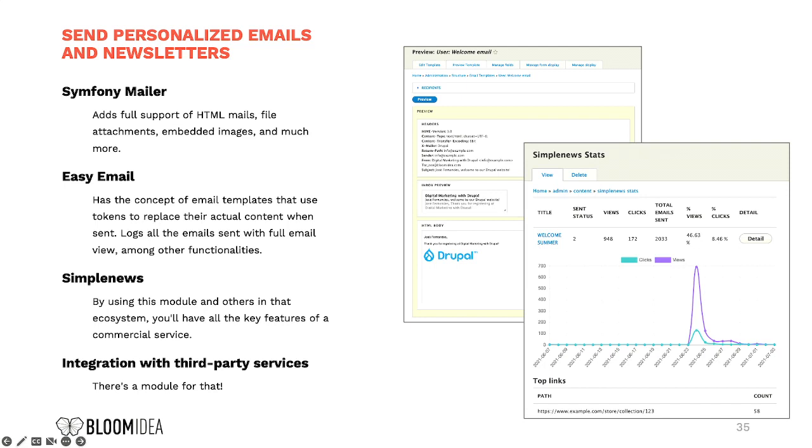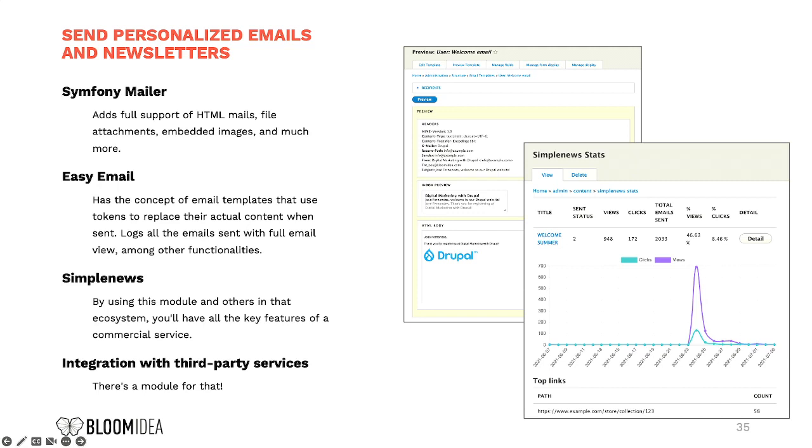Just plain text. But marketing needs pretty emails, so you need to install Symfony Mailer. It's a new module. Before that was Swift Mailer, but it is deprecated now. So this is the one you should install that allows you to send HTML emails.